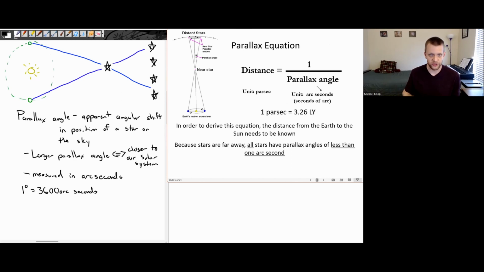We're going to talk about this equation in just a minute. All parallax angles are less than 1 arc second for all stars that we've measured, which means this is incredibly hard to detect, and this wasn't actually successfully measured until the early to mid 1800s. In fact, this difficulty in measuring the parallax angle was actually an argument against the sun-centered Copernican model of